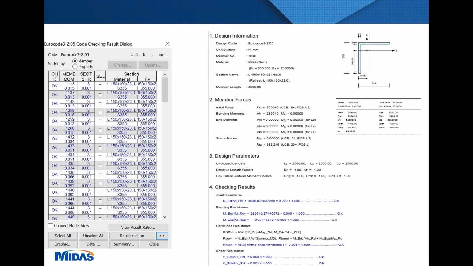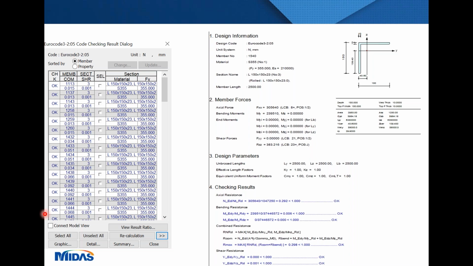Shown here is the output that comes from the steel code check. This is a very quick verification that we're able to do for the steel angles, the bracing that we used. As I was saying before, you can see that most of the utilizations shown here are quite low, but again, the section that we chose was mainly due to availability and also the connection detail, and making sure we respected all the requirements of BS EN 1993 Part 1-8.